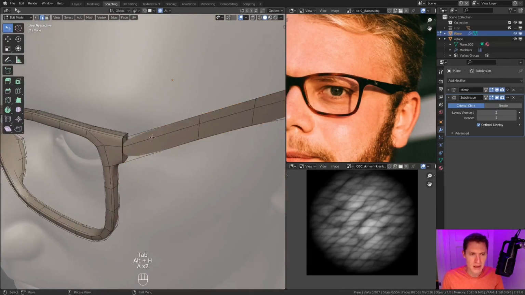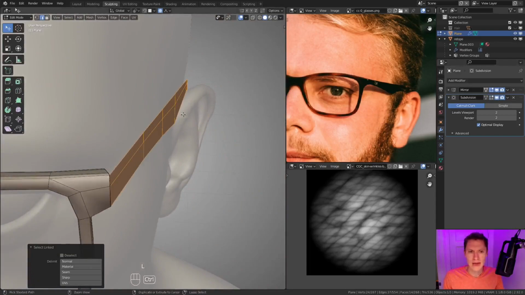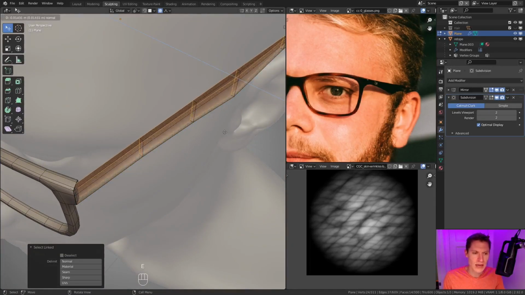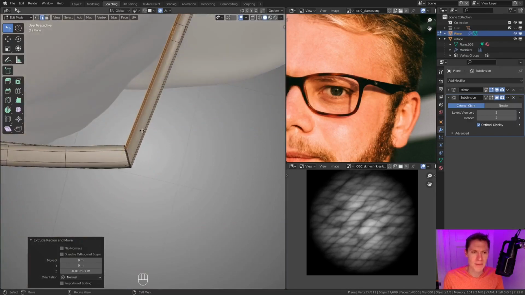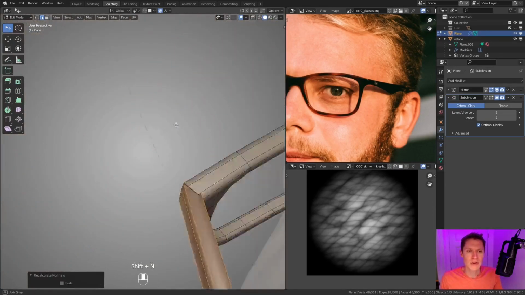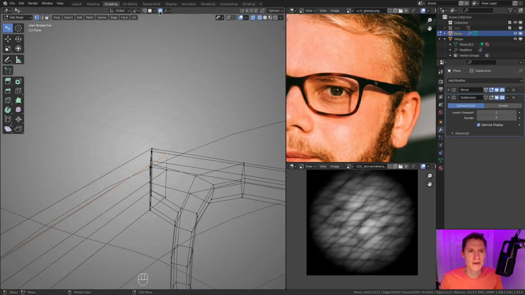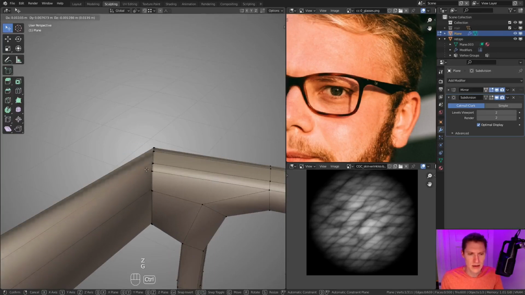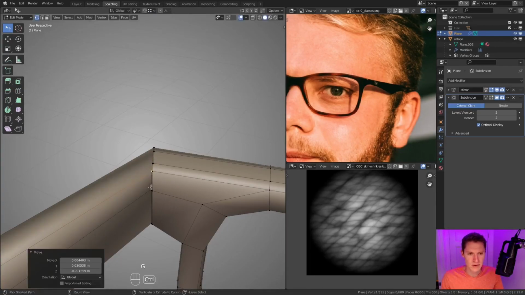All right, let's polish off the ear support. Disable subdivision smoothing and let's extrude. And we'll just make the thickness, it's going to be less than the front frame, and we can make it match pretty close. Right about there. Select it again, Shift N to reverse the normals, and now we can just snap these verts to their counterpart. And let's see, I need to make it snap to itself, project onto itself.